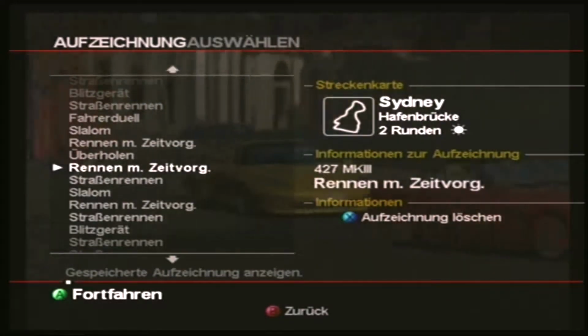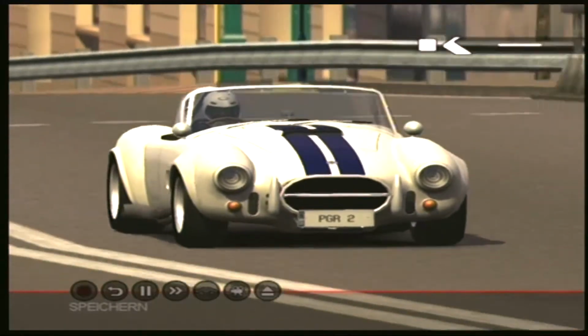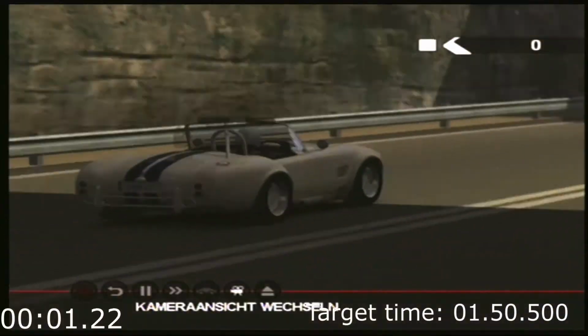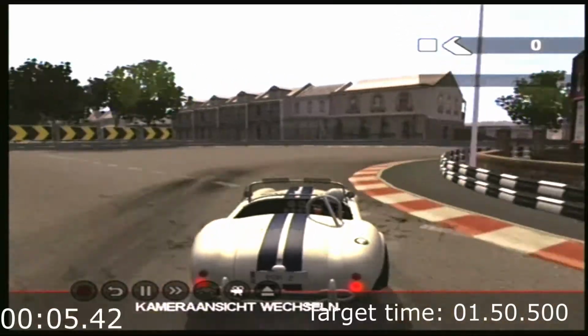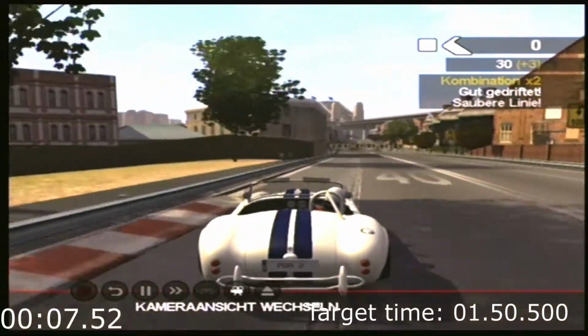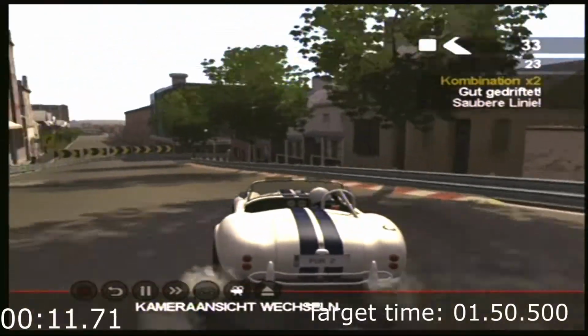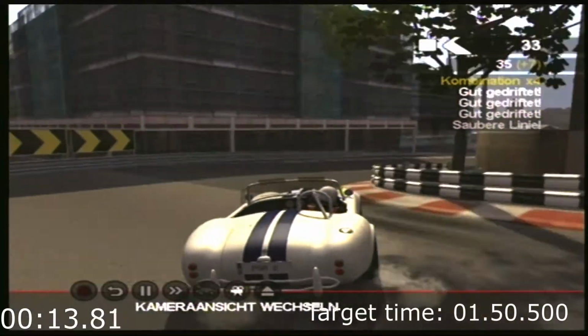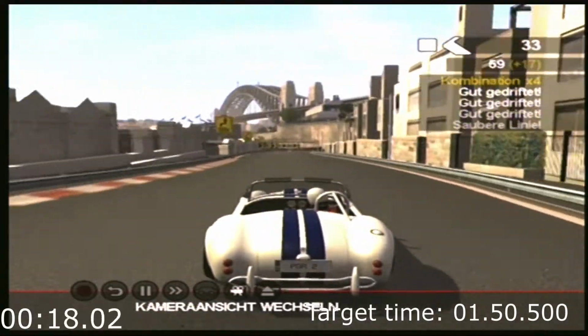Okay, so the next challenge is a so-called timed run. I just looked up what it's called. This 2-lap in a row hot lap is just called a timed run in the English version of the game. So yeah, the target time this time around is 1 minute 50 seconds and 500 milliseconds, 1:50.5, around